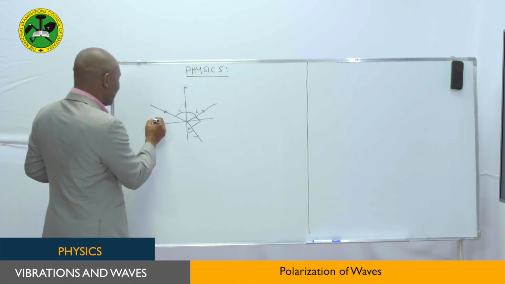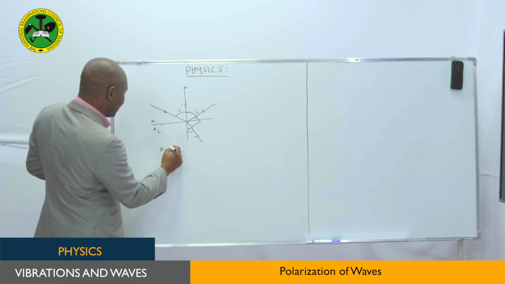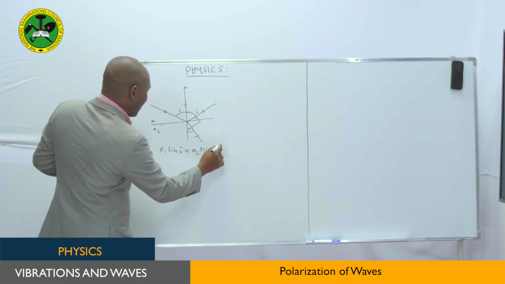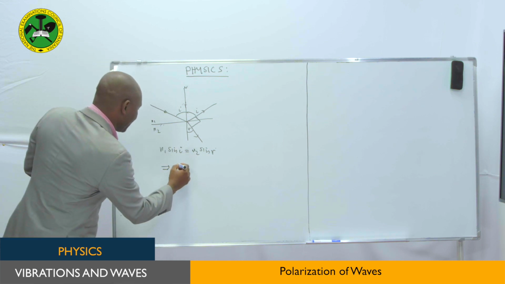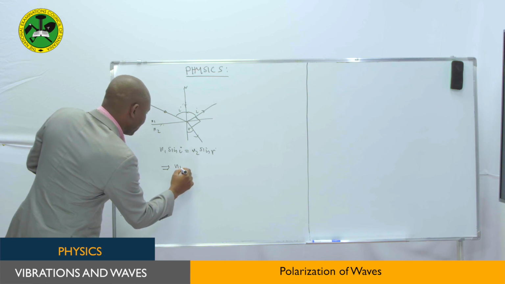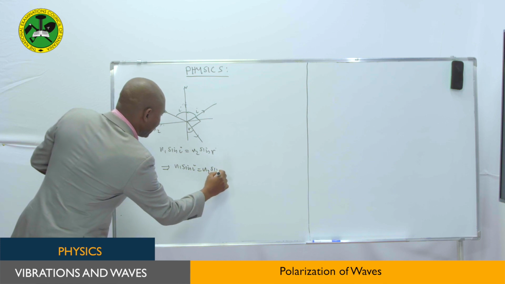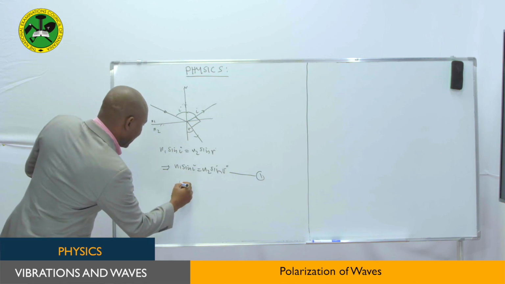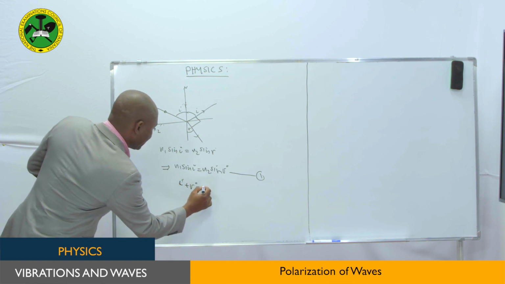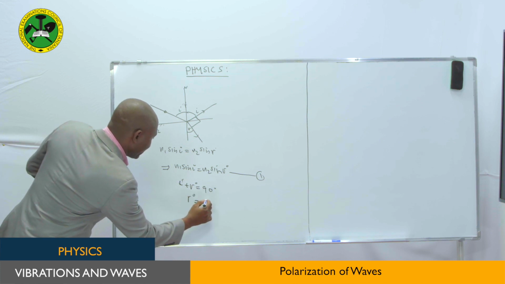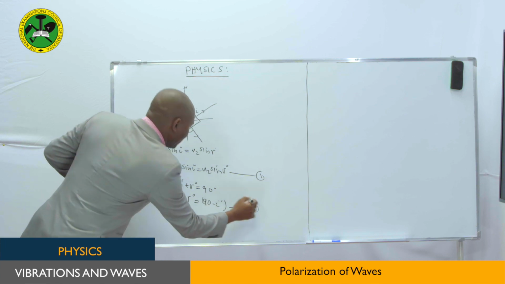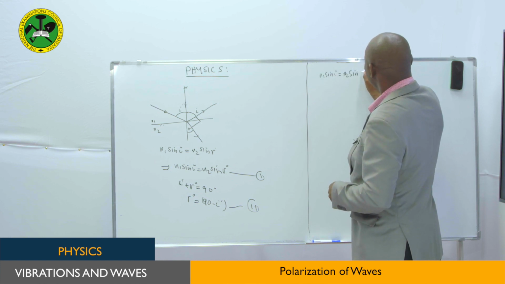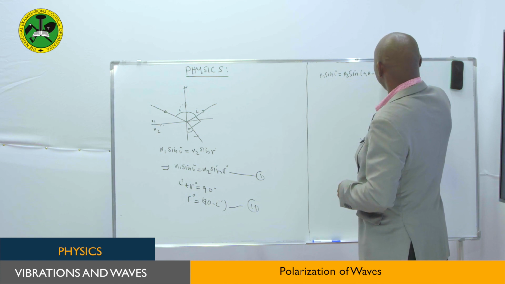And we saw that if it's coming from the first medium to the second medium, we found that N1 sine of the angle of incidence equals N2 sine of the angle of refraction. We come up with the formula: N1 sine I equals N2 sine R. This is equation number 1. And we remember we said if this is 90, we had I plus R giving us 90. If you make R the subject, R equals 90 minus I. And we found that N1 sine I equals N2 sine of (90 minus I),